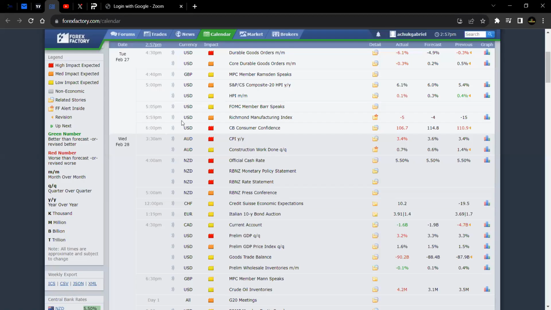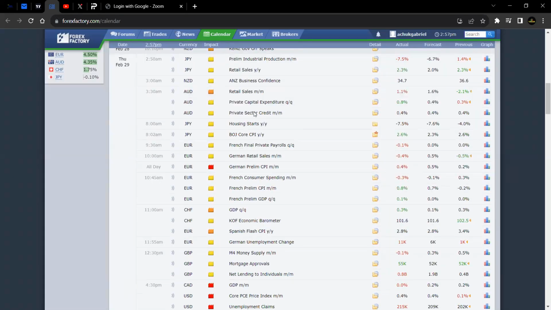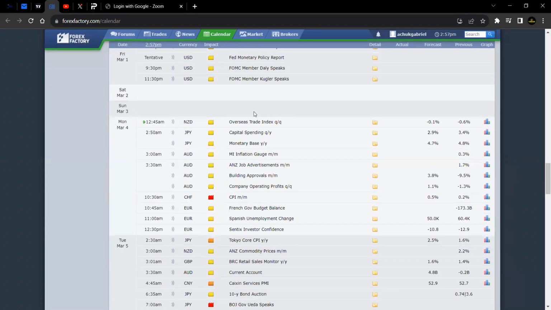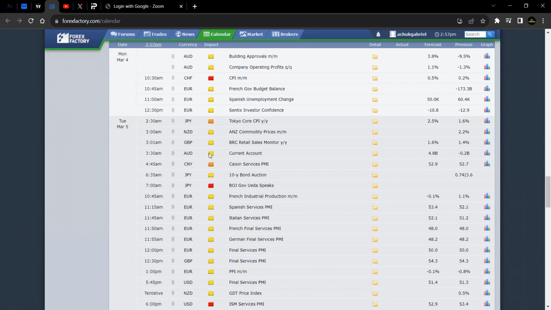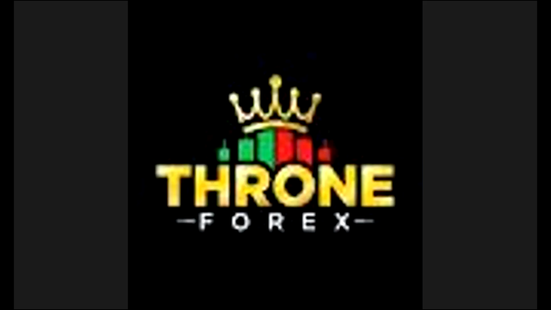Looking at some of the fundamentals, we have, starting up on Monday, all right, I think the main thing we have at 10:30 a.m. is the Swiss CHF CPI, and then going on to Tuesday, we shall have the Bank of Japan speech, and then finally we have